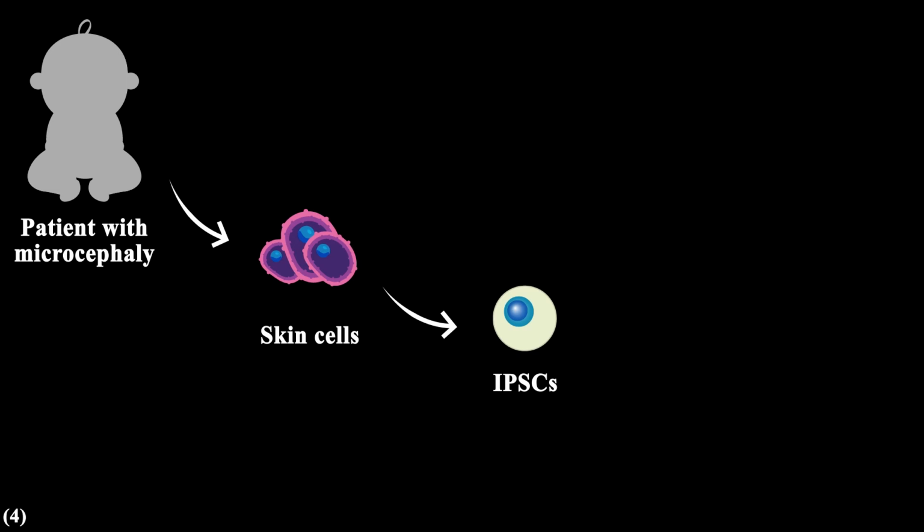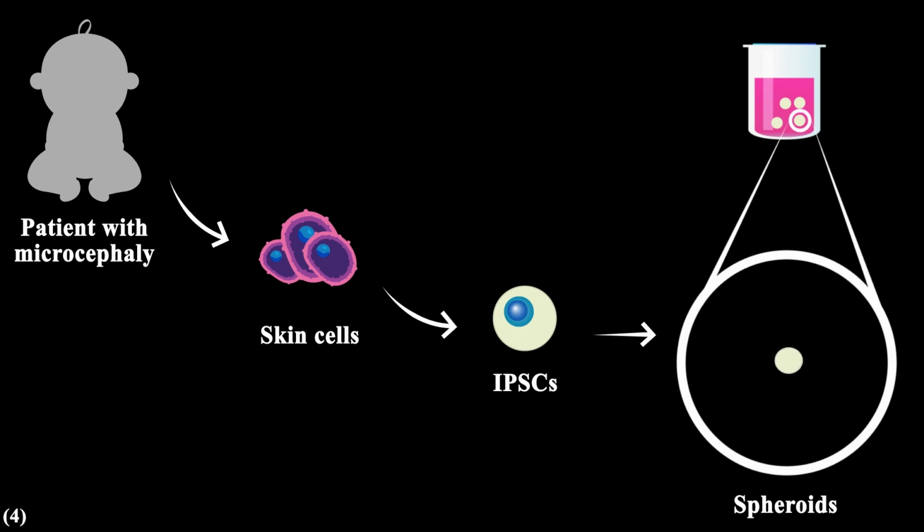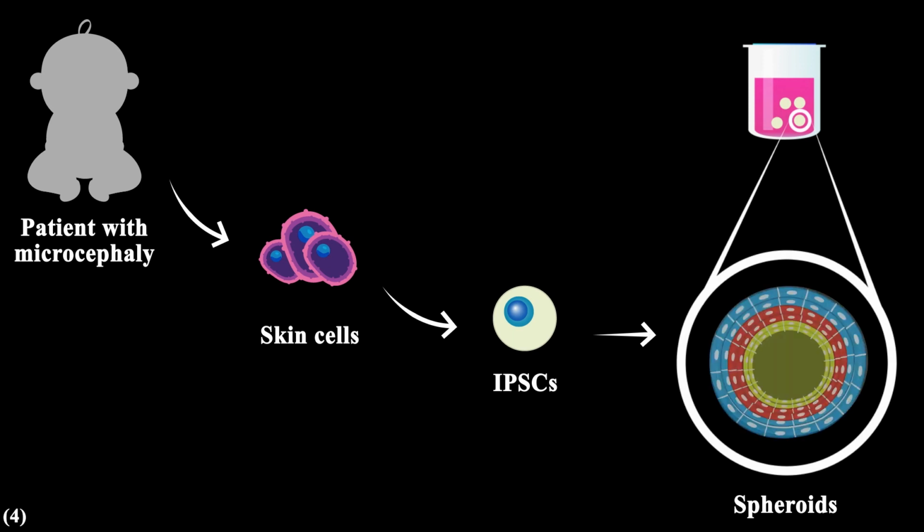To make a brain organoid, Lancaster and her colleagues isolated the skin cells from a patient who had microcephaly. Then they reprogrammed the differentiated cells to induced pluripotent stem cells. Afterward, they cultured those induced pluripotent stem cells on a non-adherent plate, which helped them to make spheroids. The stem cells in spheroids start differentiating to make the 3 germ layers, and we call these structures embryoid bodies. If you do nothing, they continue differentiating and make many fully differentiated cells like intestine cells or kidney cells